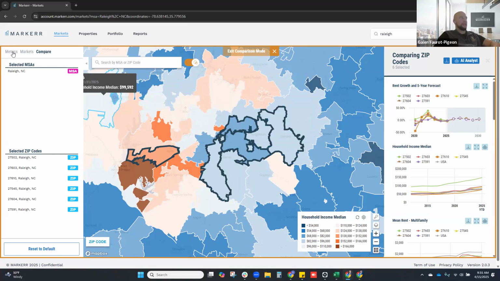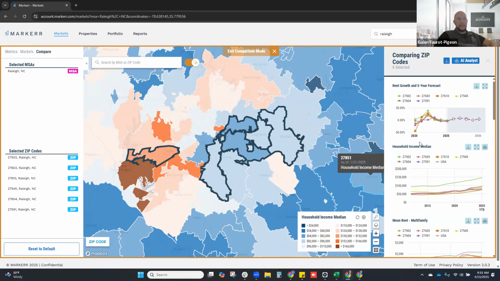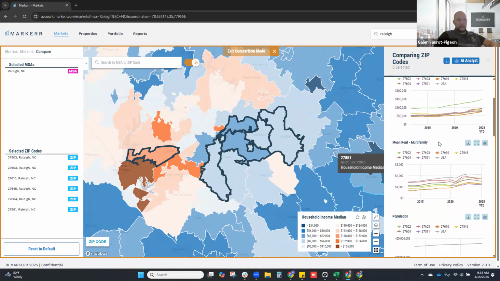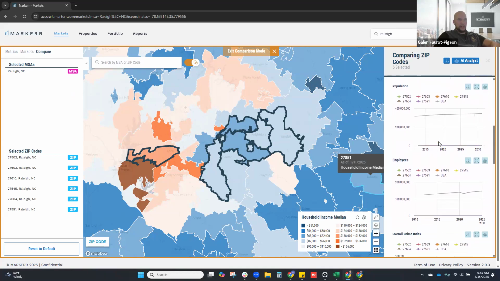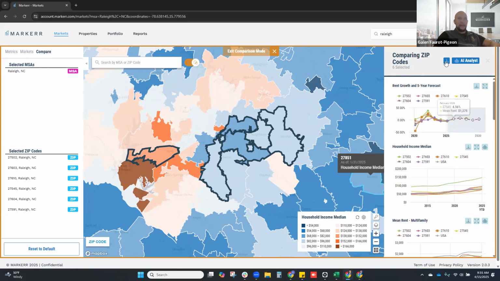Based off of their specific metrics, again, they're selected right here, you can see exactly how all of this data compares and contrasts at the zip code level for all the metrics that are the most important to your specific investment strategy. Now, you can also download this data directly to Excel,